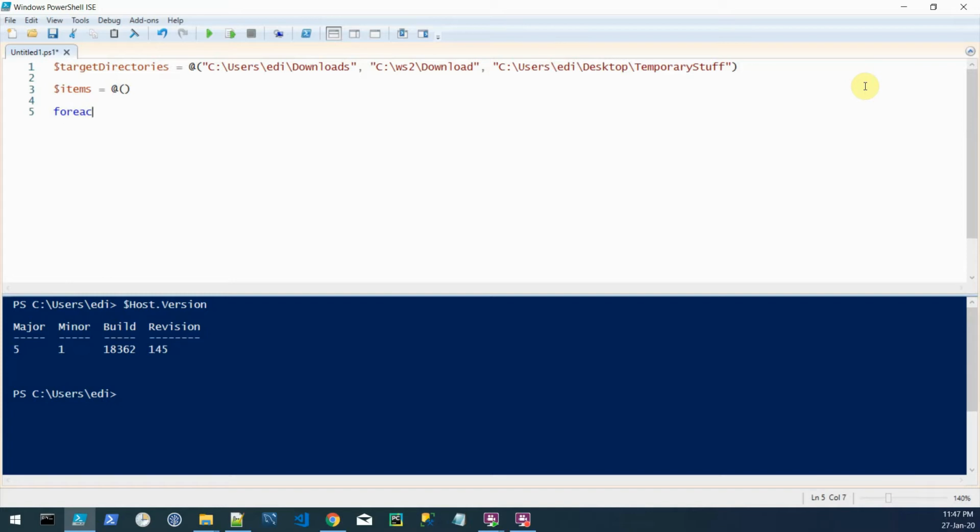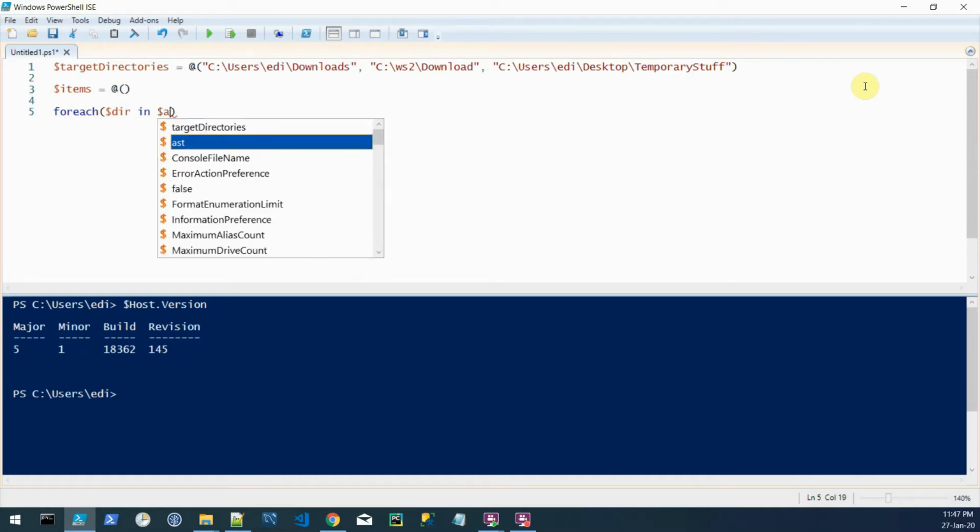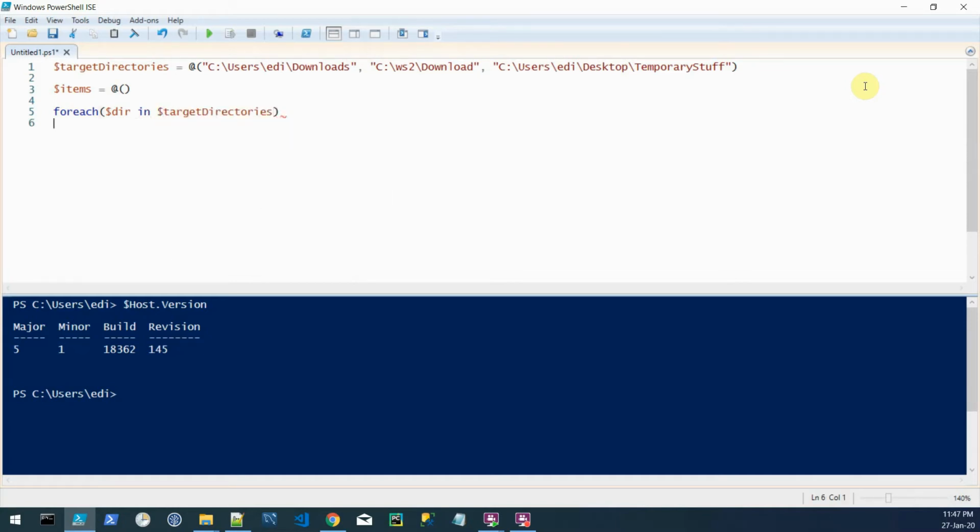And now let's do a loop through the list of directories that we previously defined, target directories, and for each of these folders, let's do an items that will incrementally add files or folders based on what? Based on a selection,